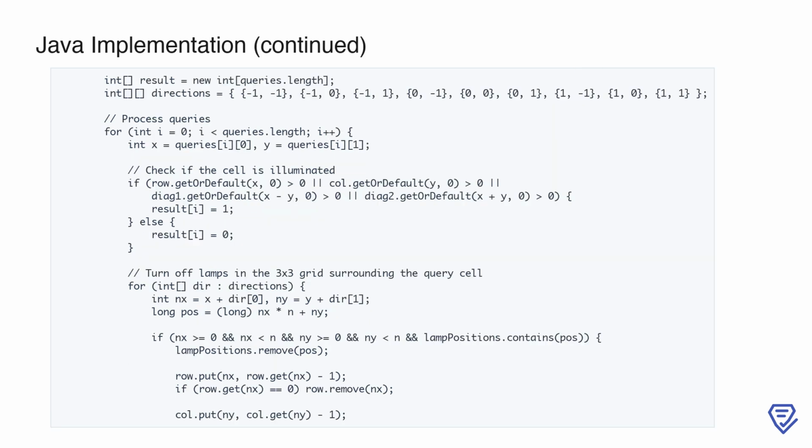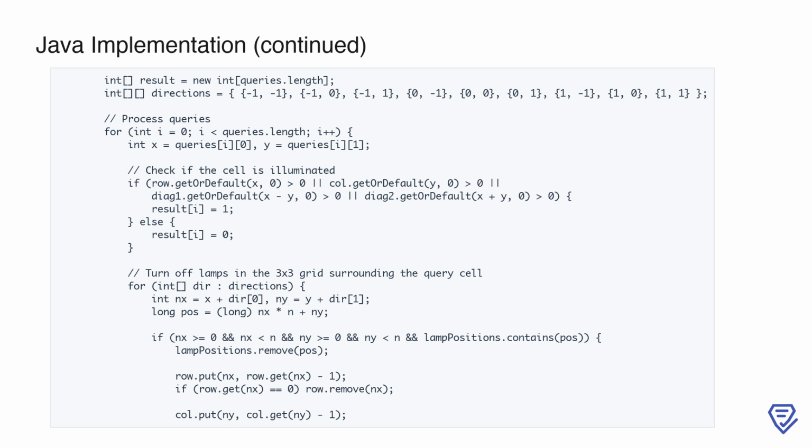The next step is to process the queries. First, we define an array to store the results, where each element corresponds to whether the queried cell is illuminated or not. We also define a directions array to represent the 3x3 grid surrounding any given cell, including the cell itself. For each query, we check if the queried cell is illuminated by examining the counts in the row, column, and diagonals using the hash maps. If any of these counts are greater than 0, the cell is illuminated, and we set the result to 1,